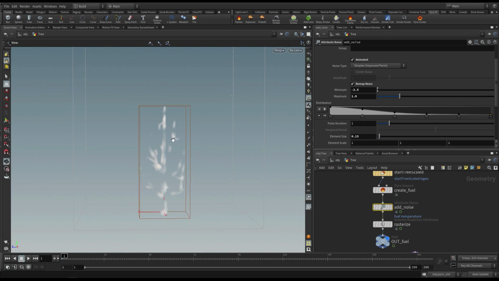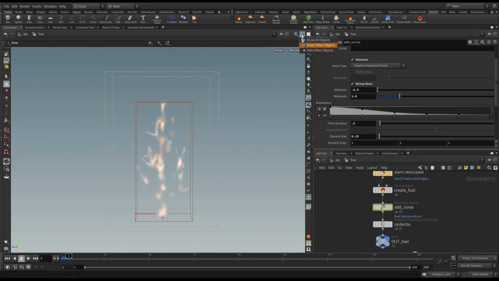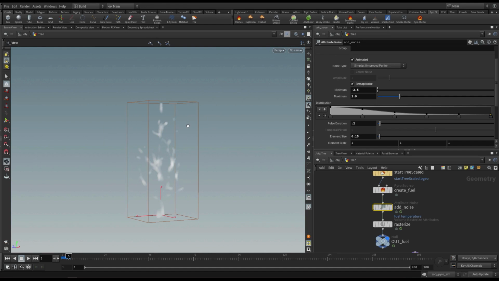Now this will change over time, and I want it to change quite quickly, and that's driven by this pulse duration. If I drop it to 0.2 and press play, you'll see actually it's quite slow to preview. It's slow to preview because in Houdini I've got what we call ghosting on up here. What the ghosting does in this icon, it displays the other networks that are simulating in Houdini, so you can see them in context of the network you're in. For some reason my button's not turning up. There we go. So if you turn hide other objects on,